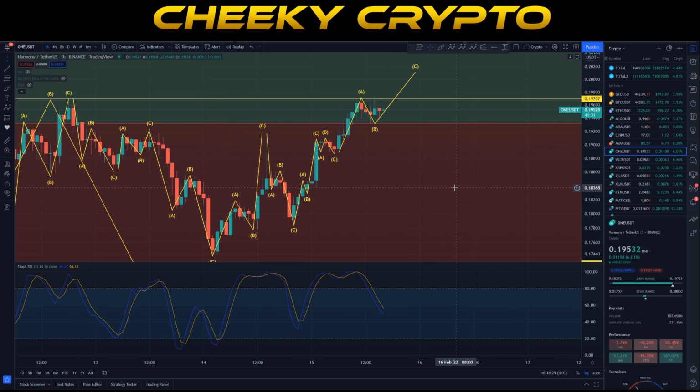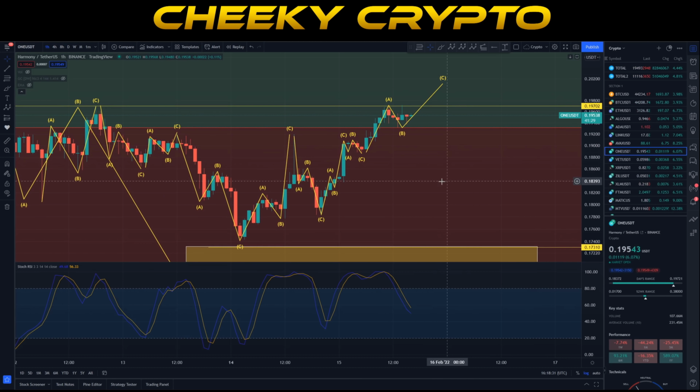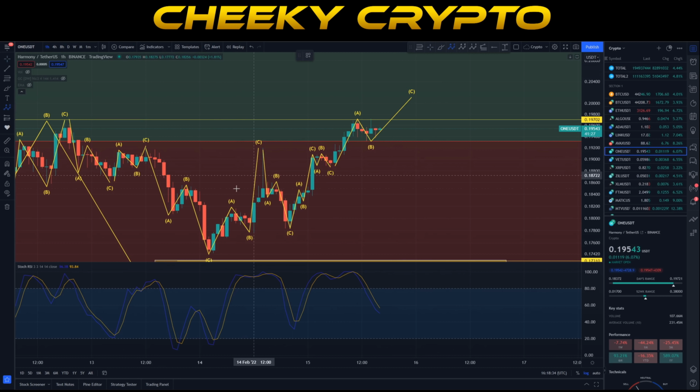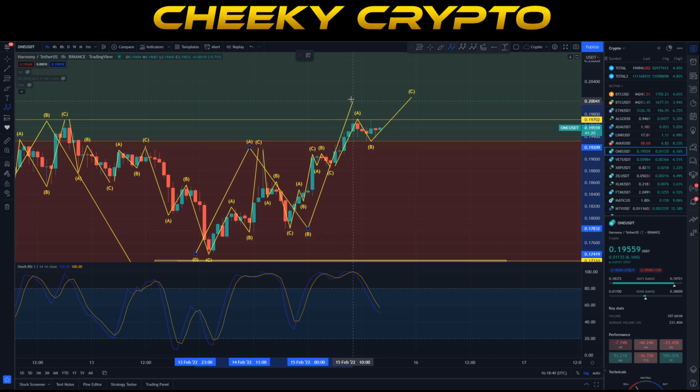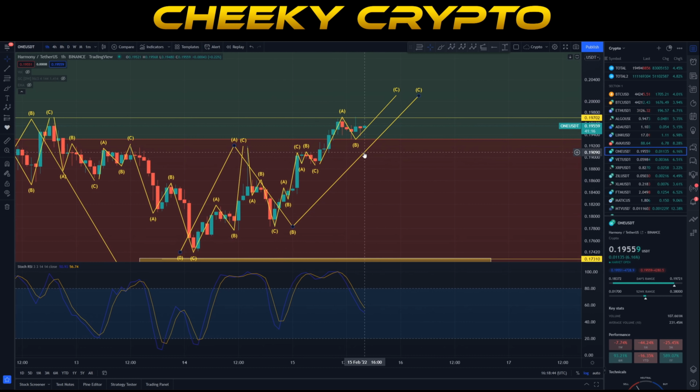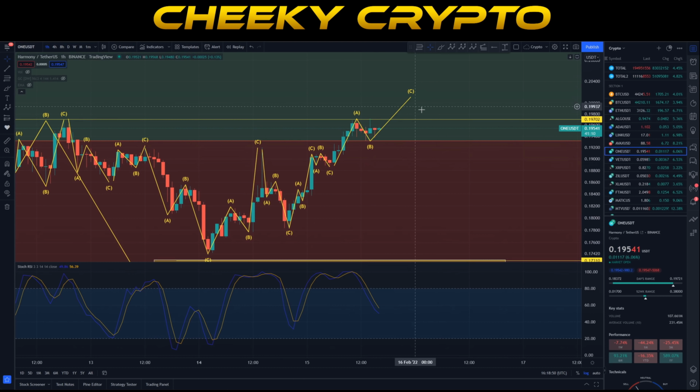draw out here. So if that's 20.1 there, all of these choppy moves actually seem to also equal a big A, B, and C move coming up to about here as well. So ultimately that's the same kind of conclusion that we draw, depending on how we want to do it, but it's good to measure out all those micro movements. So ultimately we are looking for a push up